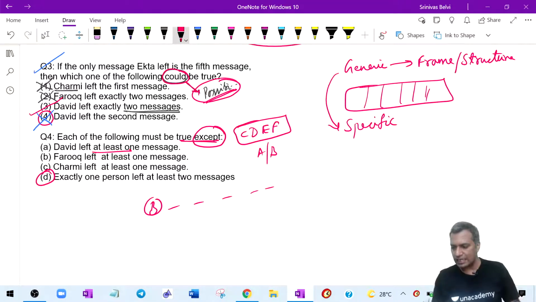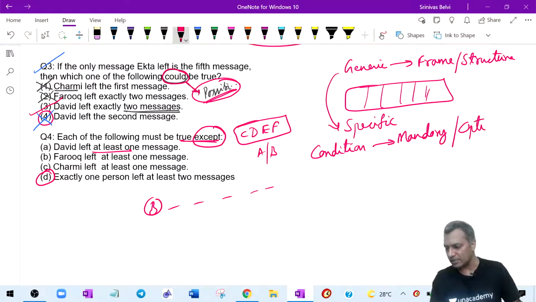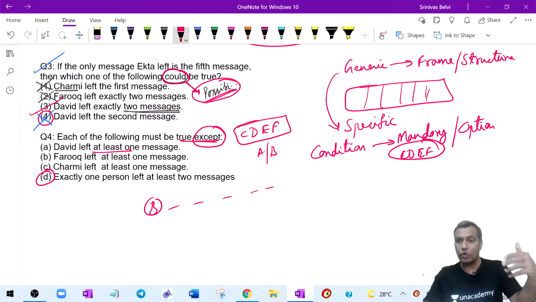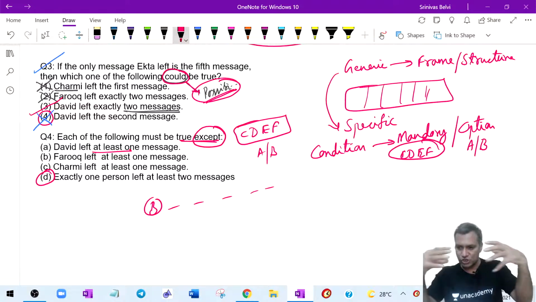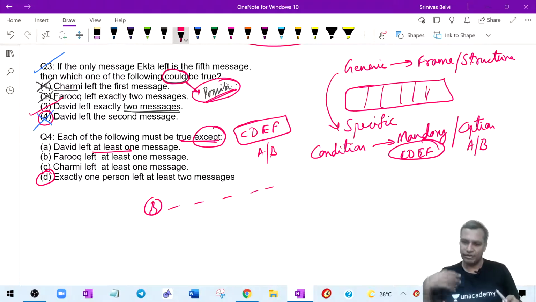And whenever you are looking at conditional statements, just be mindful: which are the mandatory components? There could be mandatory components and there could be optional components. In this particular puzzle, C, D, E, F were mandatory. The realization of that could have been important here, and A and B were optional. If somebody had understood this structure, you could have aced it much faster, with much ease and efficiency. So that brings the closure of this lecture.